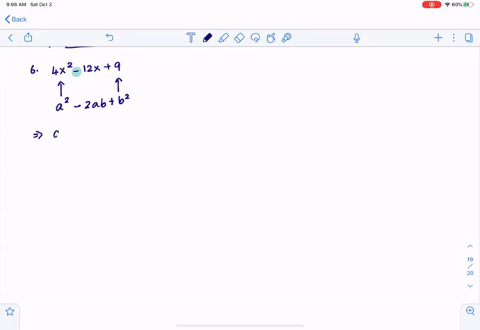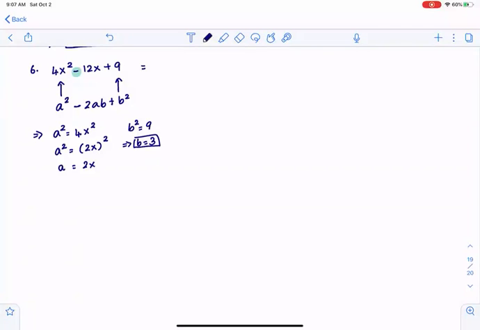This would mean a squared equals 4x squared. I have to write that as a perfect square. So 4x squared is 2x whole squared. A squared is 2x whole squared. So a is 2x. B squared is 9, which would imply b is 3. So we've got a to be 2x and b to be 3,